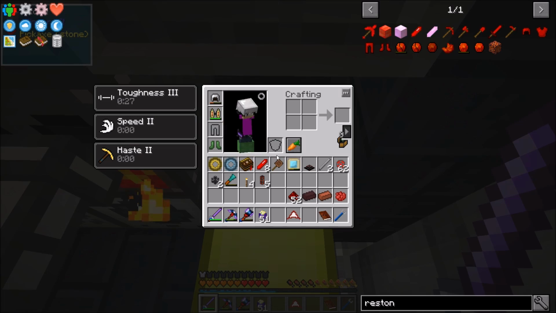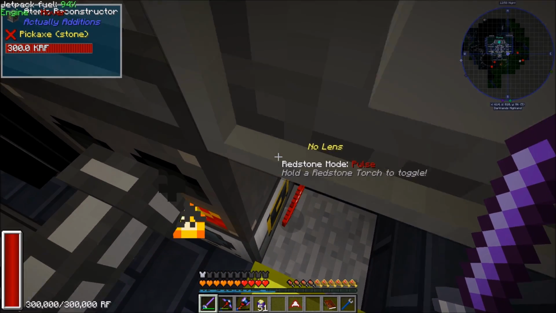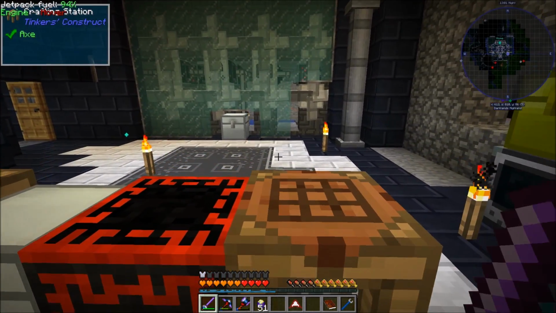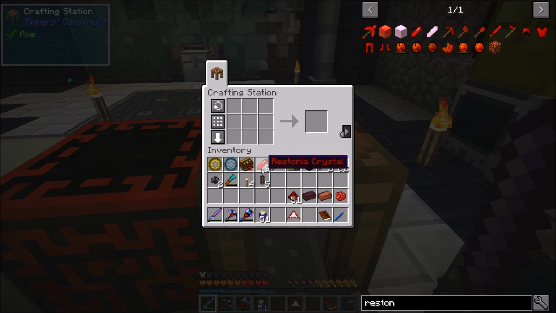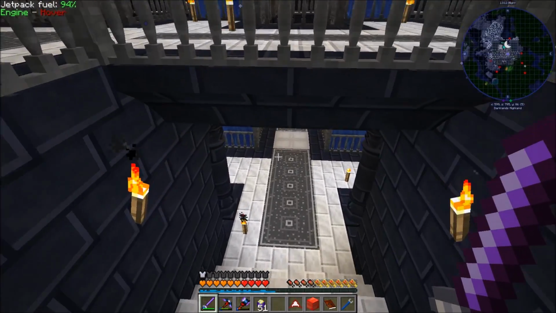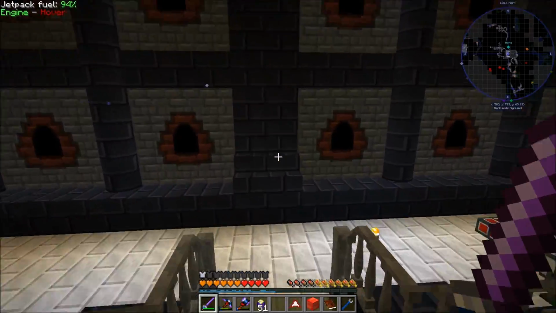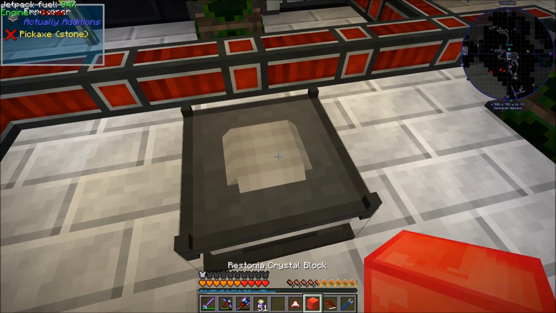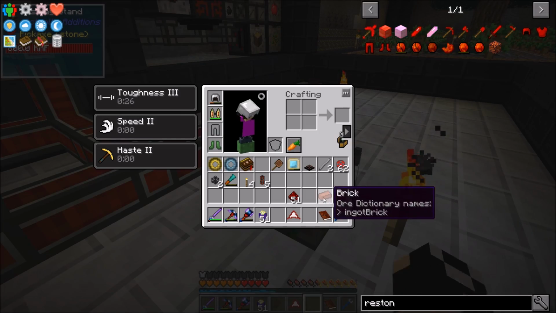And let me get another... We'll just start with 9 of these. I don't think I need any more than like 4. Well, I would like to have 8 just because we'll be able to do sag meal and stuff like that too. There's other stuff from Ender.io I would like to get into. Alright, so we'll put Westonia block right there, and then just the nether brick,